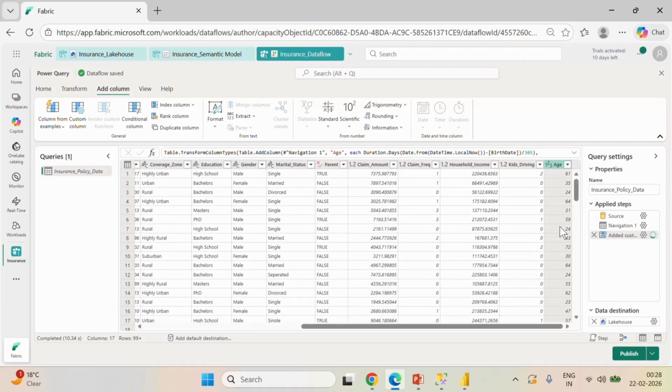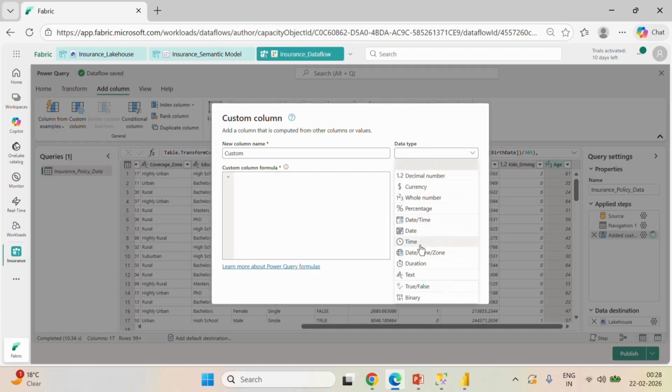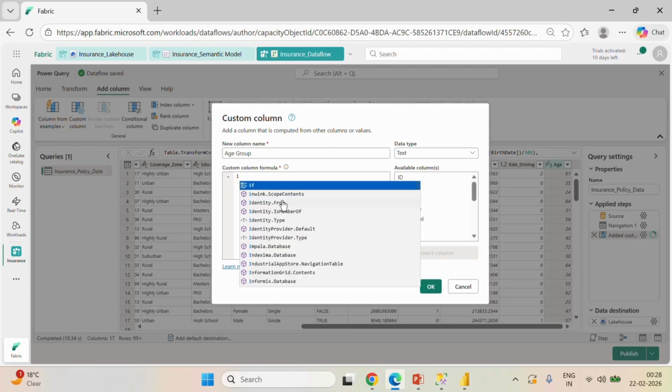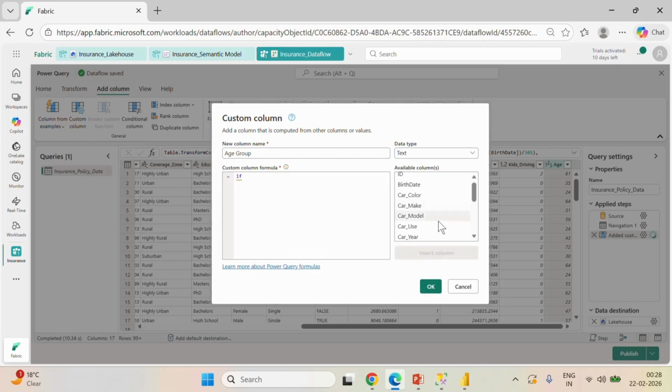Okay, now we have to create the age group. So let's create a custom column again, and here we are going to give it as a text, name it as age group. So here we are going to write the if else condition. So it will be if, and we are going to choose the age is greater than or equal to, we give the space, 15,